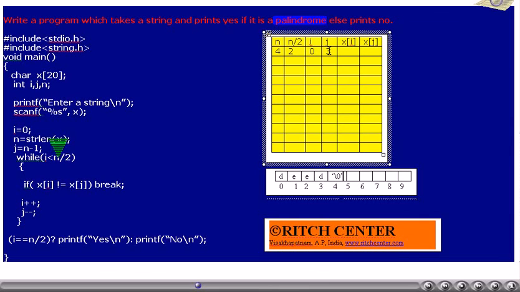Now the while condition is tested. I, is it less than n by 2? That is, 0 less than 2? Yes. Thus the while loop is going to get executed once.